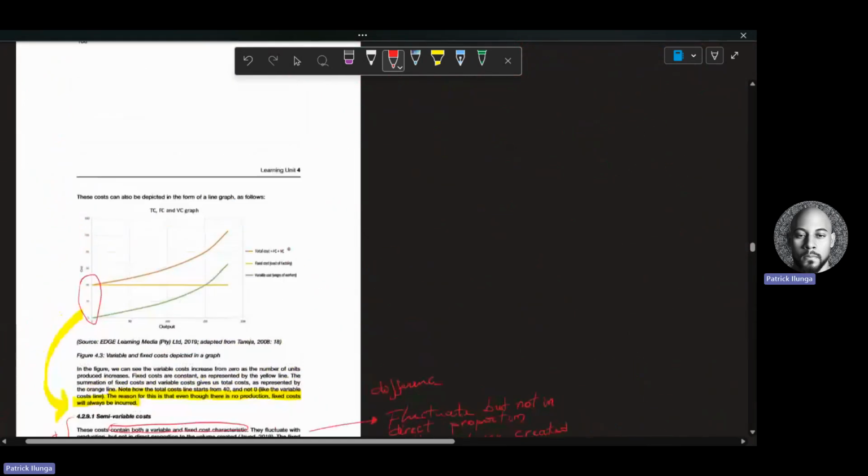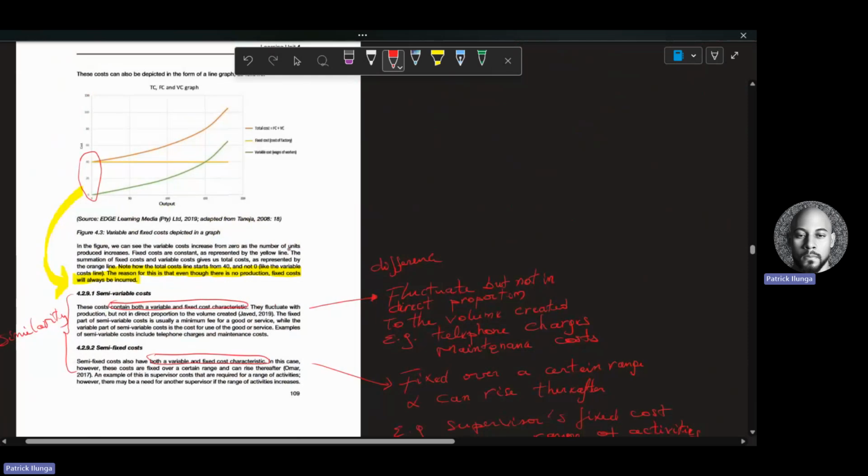Just open it. On page 109, you do have a graph there. Remember, in your lectures, I've covered this part. If you look, the fixed cost in yellow, you see this line is for the fixed cost. It's constant. It doesn't change. That's the meaning of it. It's like your rent and all that. You know the rental amounts that you need to pay. You know the insurance that you need to pay. It's a fixed cost, isn't it?